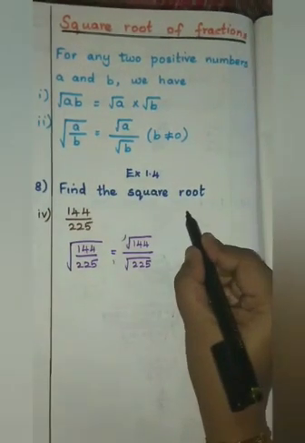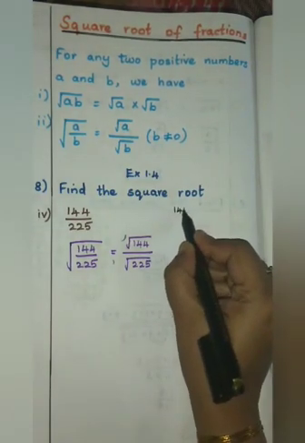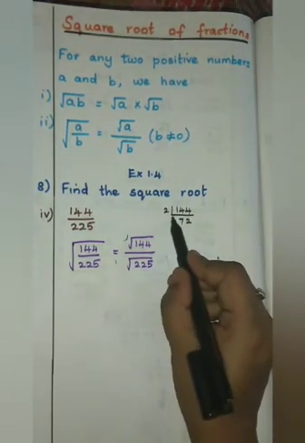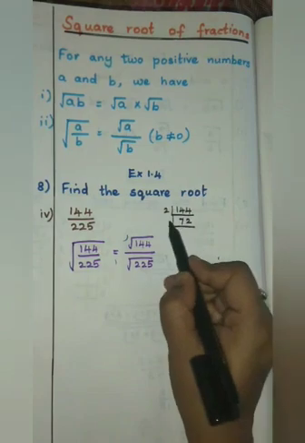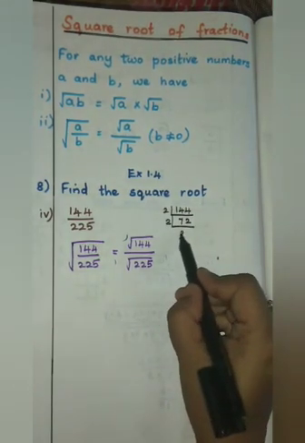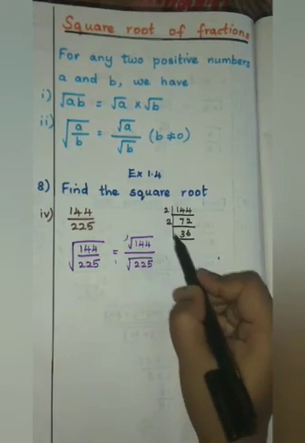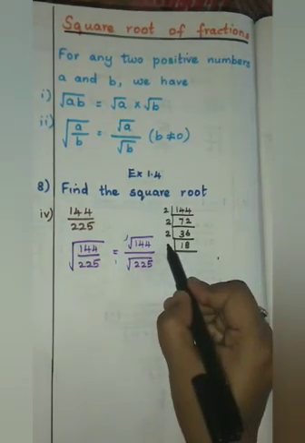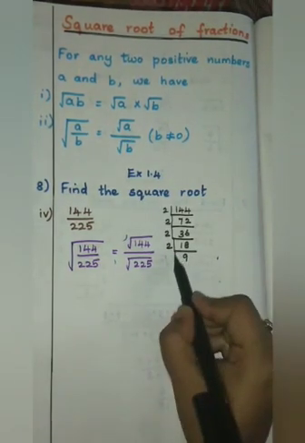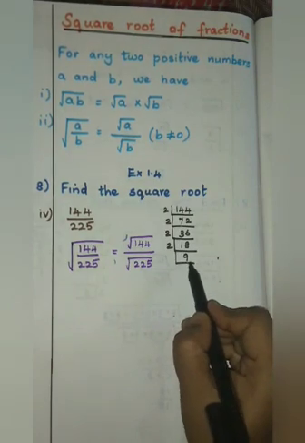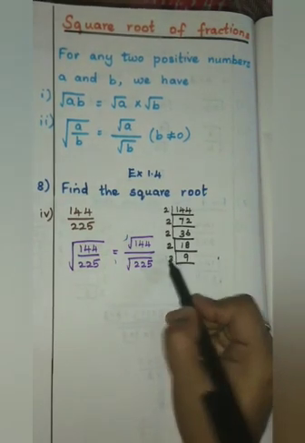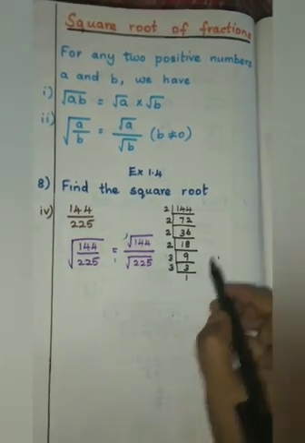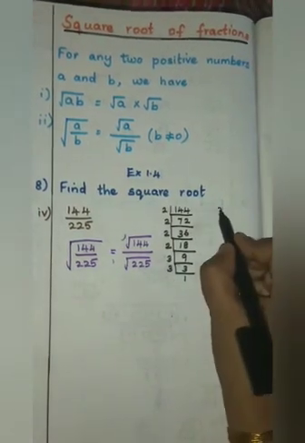First, you find the prime factors for the numerator 144. Since it is even, it is divisible by 2. 2 goes 72 times, and again since it is even, it is divisible by 2, and 2 goes 36 times in 72. Again it is even, so divide by 2. So 18 times it goes. Again divide by 2. 9 times it goes. But 9 is not even, but we know that the 9 is divisible by 3. Till you get 1, go on continuing this. Then move on to the denominator 225.